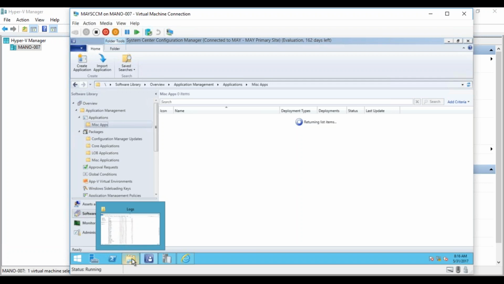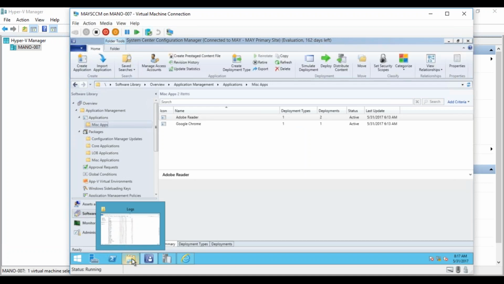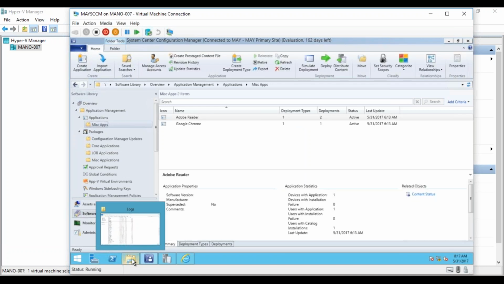When you try to distribute it, do you have the distribution point on the same server or on a different server? Same server. Okay, and do you see the application in green? When you go to the content status, do you see it is in green or is it in red or still in progress or something like that? Have you checked that? Yes, but some,